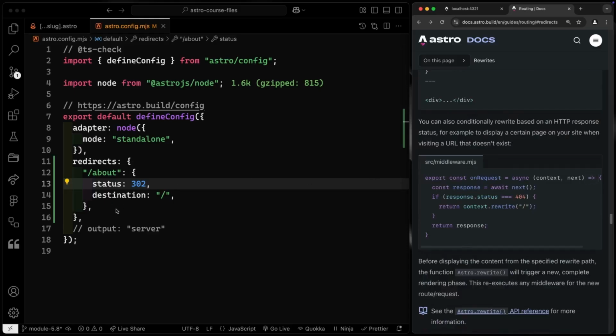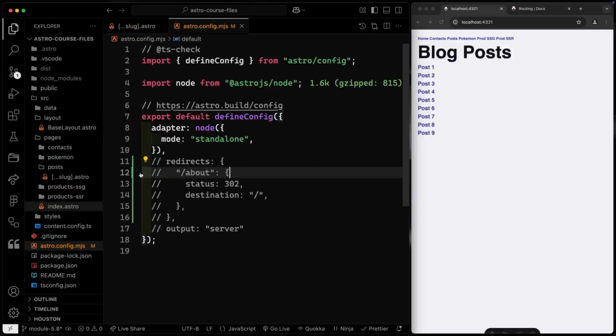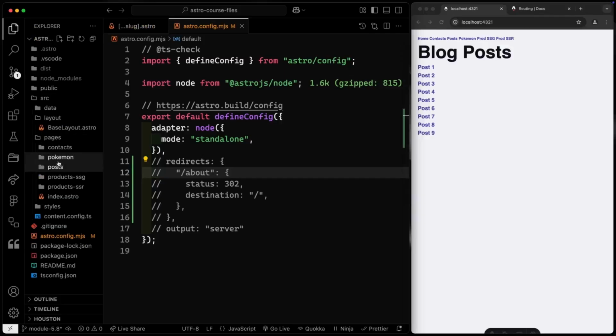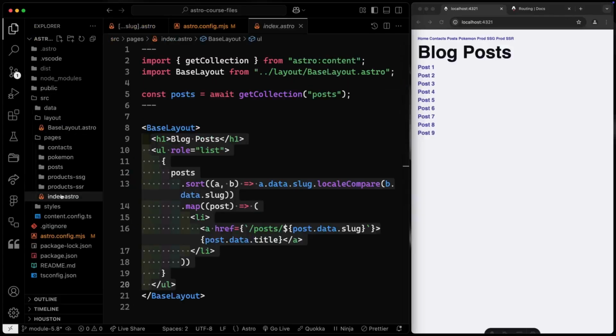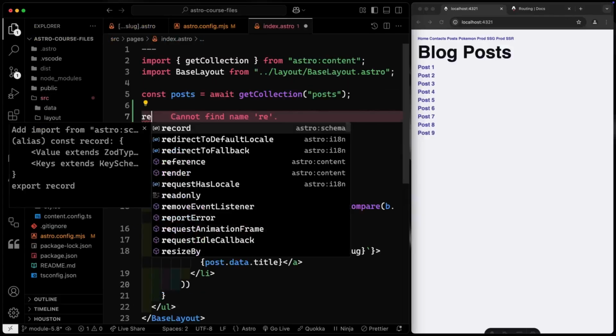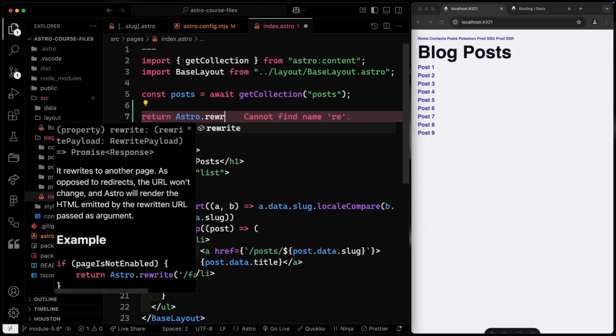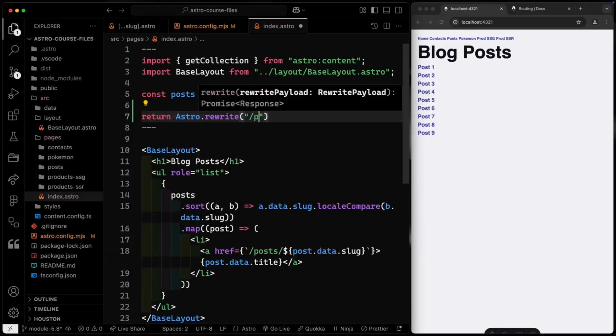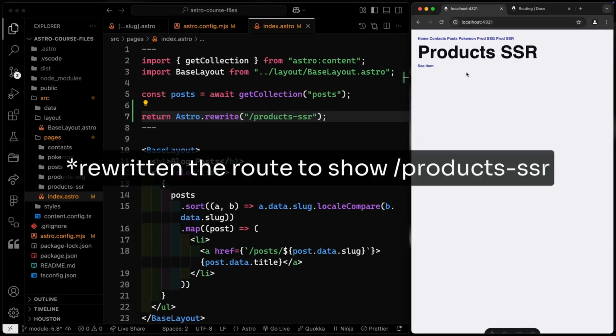So let's go ahead and comment out this redirects here. And then let's come under pages and just go to the index route right here. And let's return astro.rewrite. And here let's rewrite to products SSR. So notice as soon as I save it here, I'm still on the home route, but